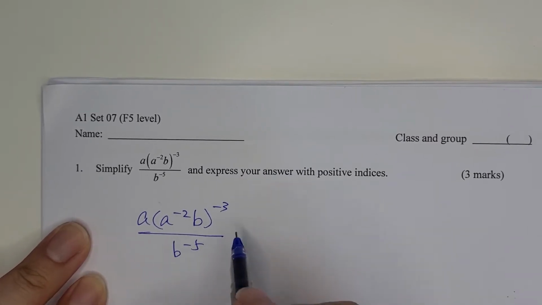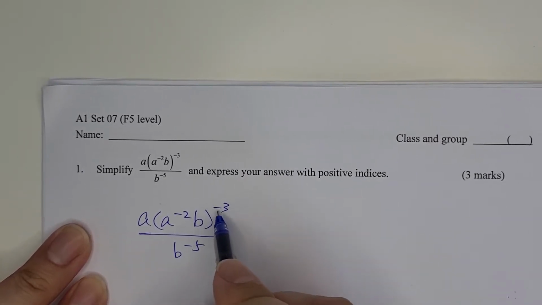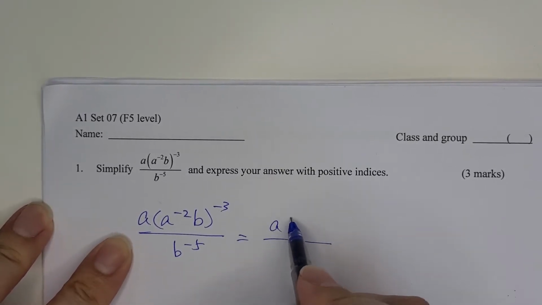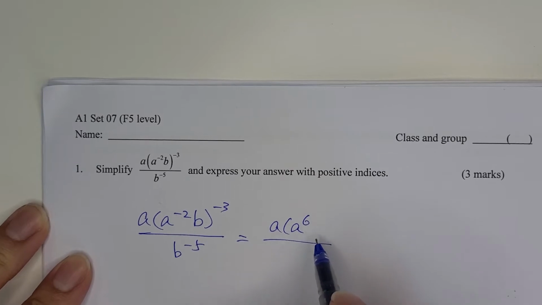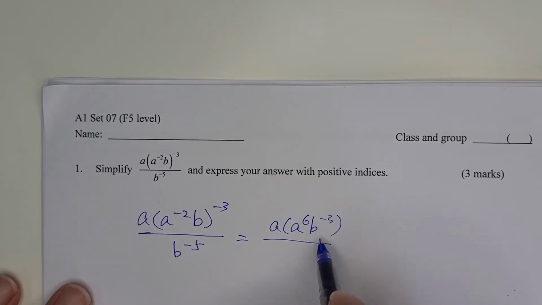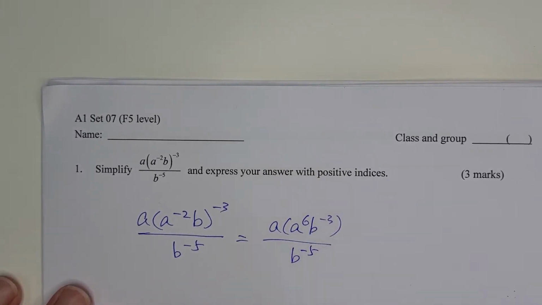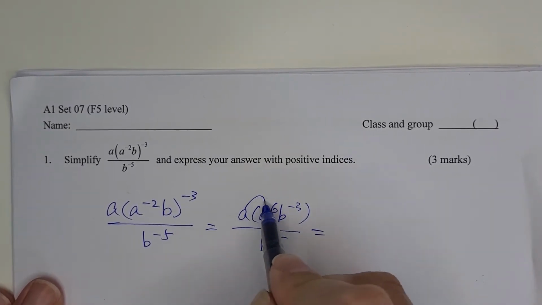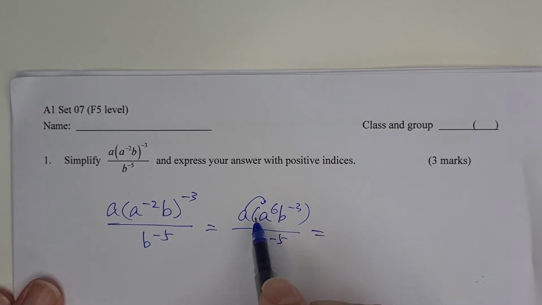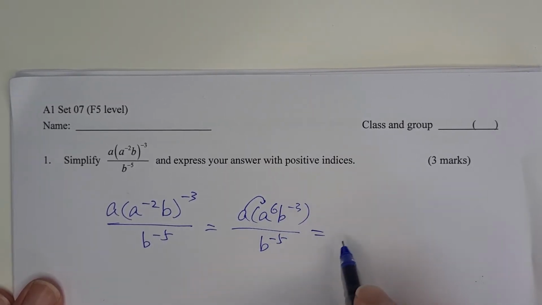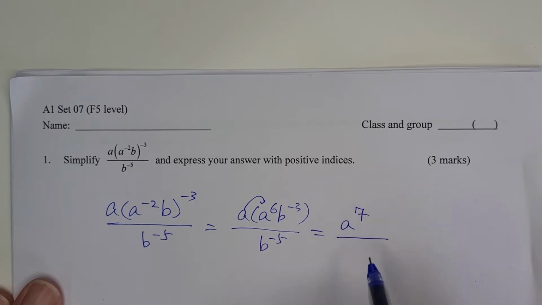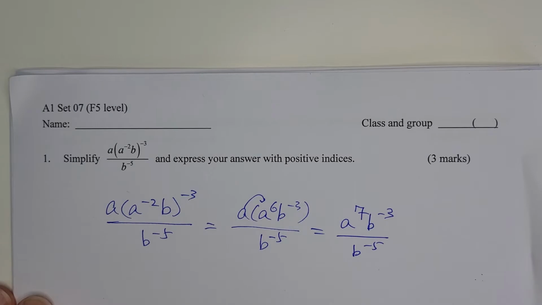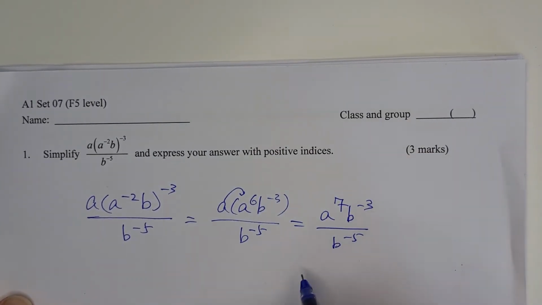Then what you need to do is remove this bracket and multiply inside the bracket. For this a, keep it. That becomes a to the power 6, b to the power negative 3, and then over b to the power negative 5. And next thing you will do is multiply a inside the bracket, just once, because there is only one term inside. So that is a to the power 7, b to the power negative 3 over b to the power negative 5. So the final answer will become